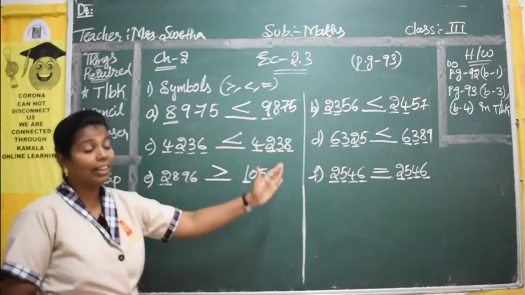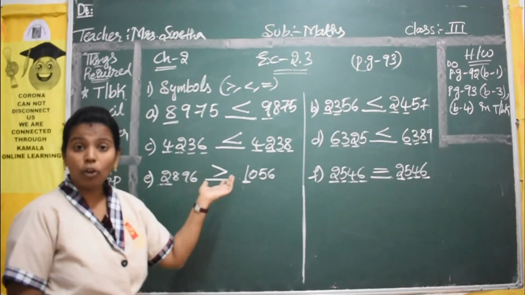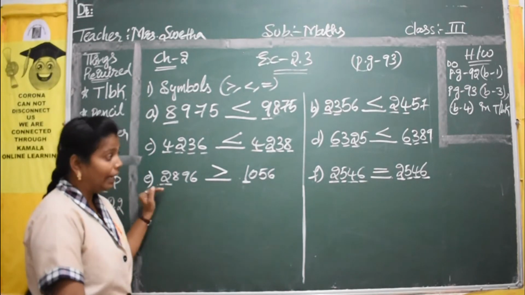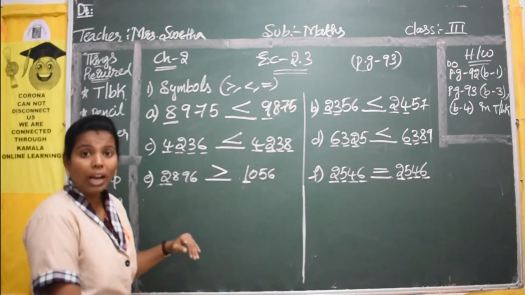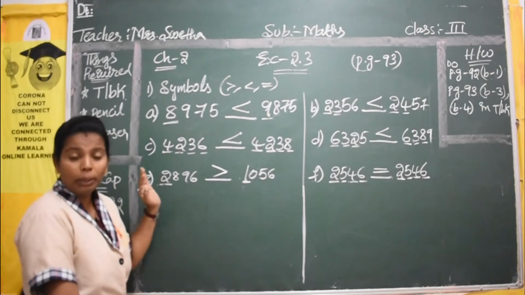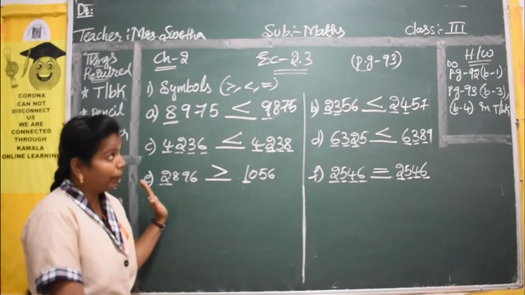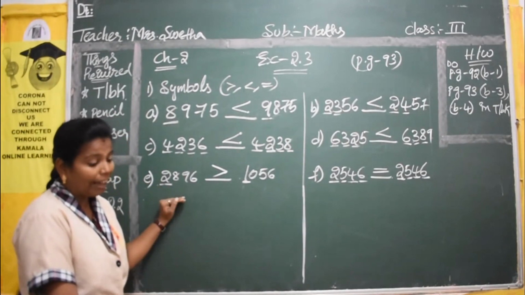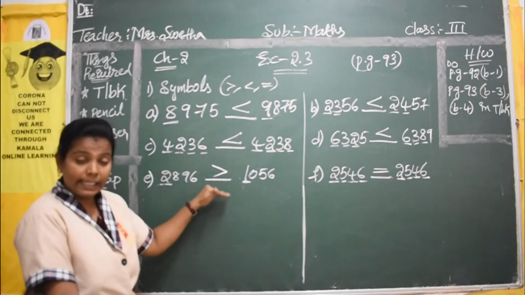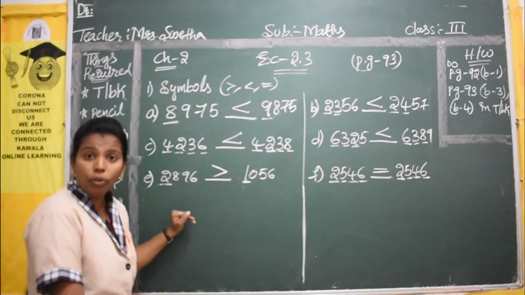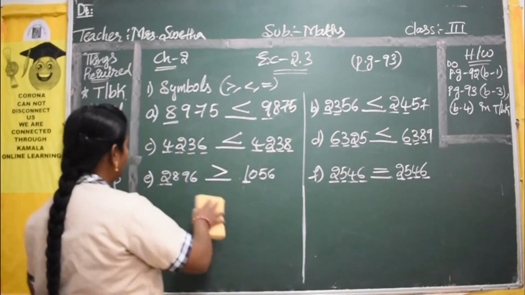Okay. I hope you have understood about these 6 questions. Yes. So you can copy down in your term book, children. And after this you have 4 questions. So these 4 questions you have to do as homework. Okay. So in page number 92 you have first bit. Yes. So in first bit 6 questions I have done. The other 4 you have to do as your homework. Okay. In the term book itself you have to mark it.